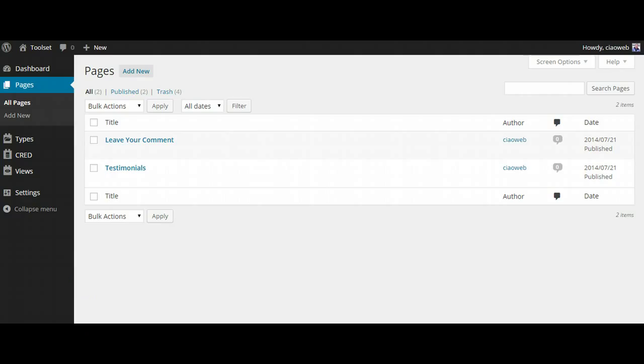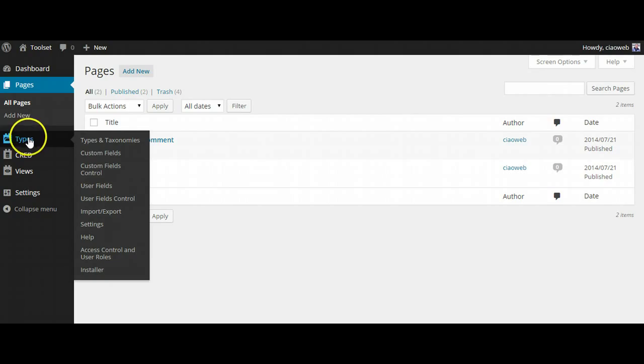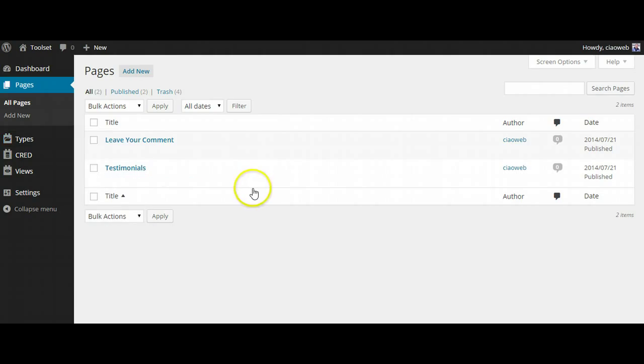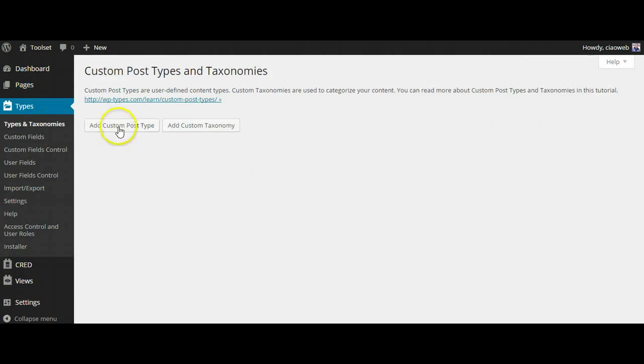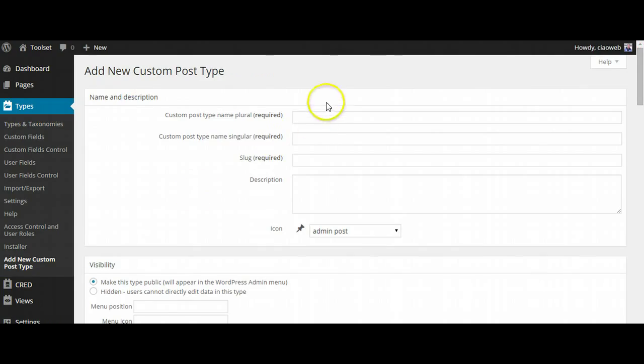Let's start. First of all, we need to create a custom post type with the Types plugin. So we just add the custom post type, and we call this custom post type customer feedback. You can call it as you prefer,